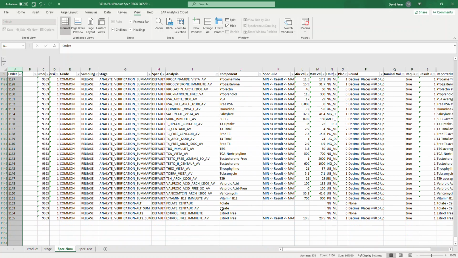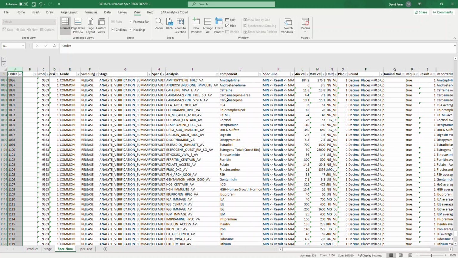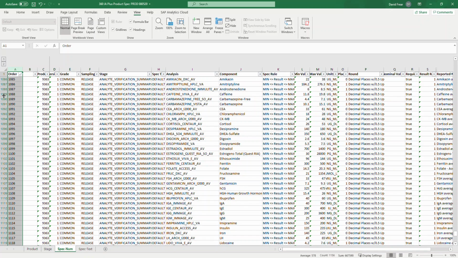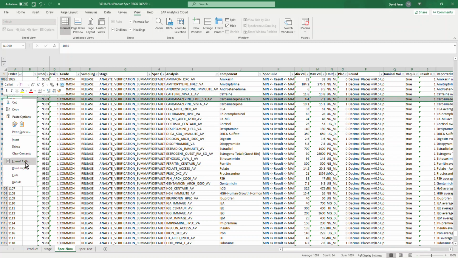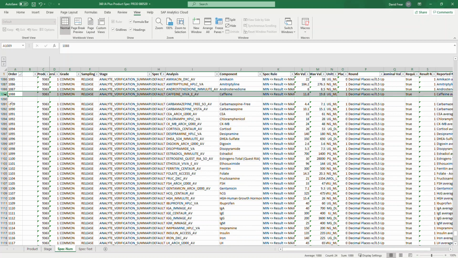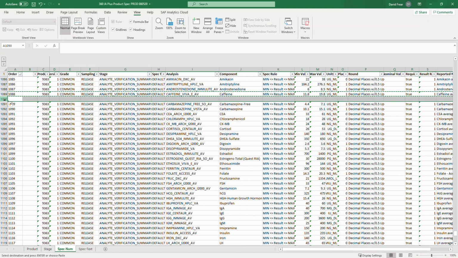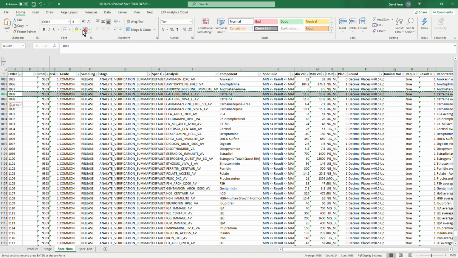But if I wanted to redline this for caffeine, let's go back and find caffeine again. There she is. What should be done is we can just right-click here, insert a row. We can copy caffeine and paste it here. Okay. And you can go through and line this one out, or